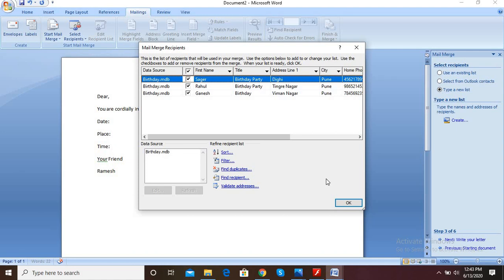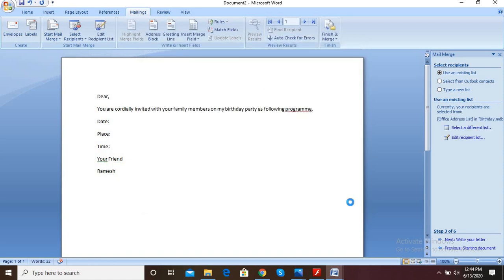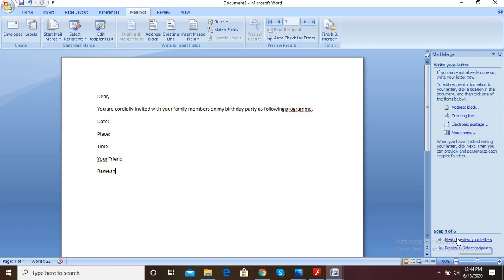MDB means when you save your database, by default the extension is MDB. Okay. Now click here OK. After that, go to the next step, that is the fourth step, that is preview your letter.